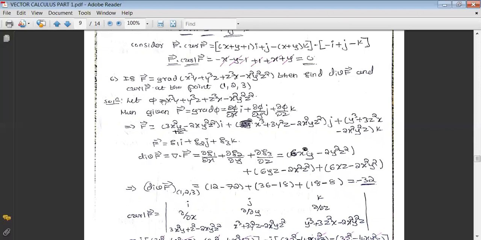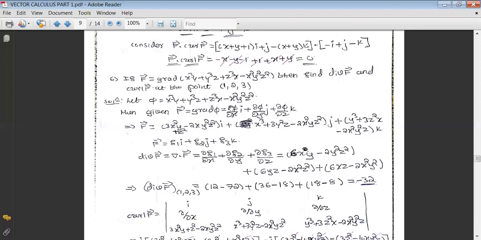If we differentiate this one partially with respect to x, we get 3x square y minus, and here it will get a plus. Once we differentiate this one with respect to x, that becomes z cube, and this will be, if we differentiate with respect to x, minus 2y square z square, plus if we differentiate this into i,